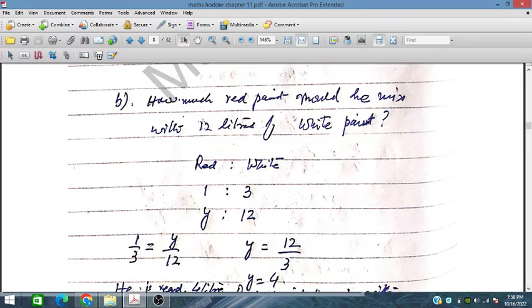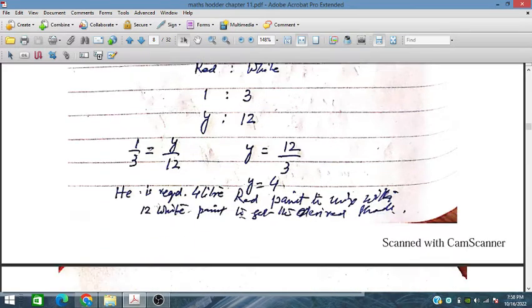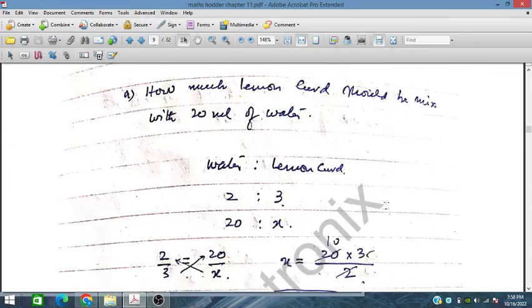So 4 liters of red paint would be required to mix with the 12 liters of white paint, because if this is 1, this is 3, this is 4, this is 12. So this is the simplest ratio of 1 to 3. So 4 liters of red paint are required to mix with 12 liters of white paint to get the desired shade. Similarly,